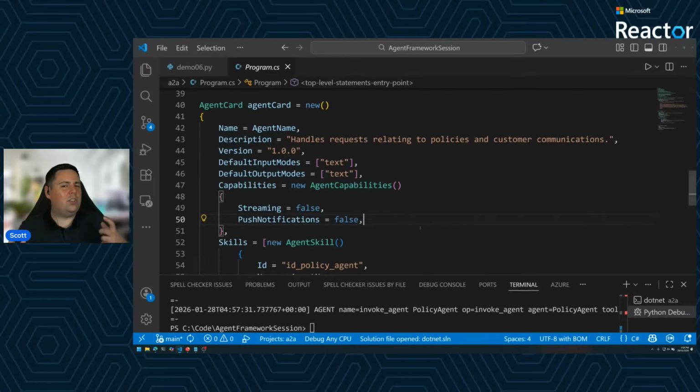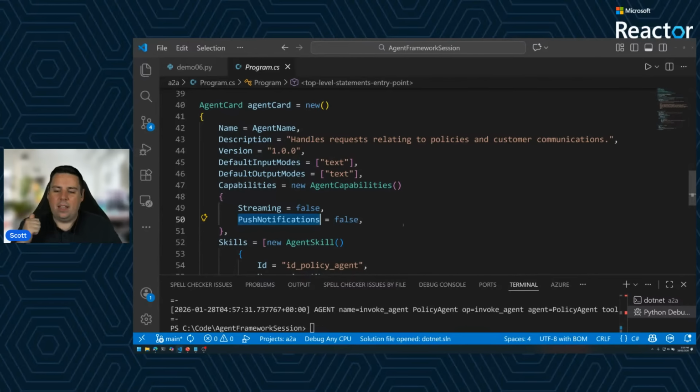The important thing to note here is that A2A is actually a pretty big spec. I mentioned before the whole idea of long-running events and things that might take days or weeks rather than seconds to execute. So things like push notifications for A2A give us the ability to do that. But just be aware, if you're opting in and saying that your agent can do that, you need to make sure that you actually implement that behavior. The Microsoft Agent Framework helps you with all of those building blocks, but you just need to be aware that if something's expecting to run for multiple days, we need to be thinking about how we actually host it.